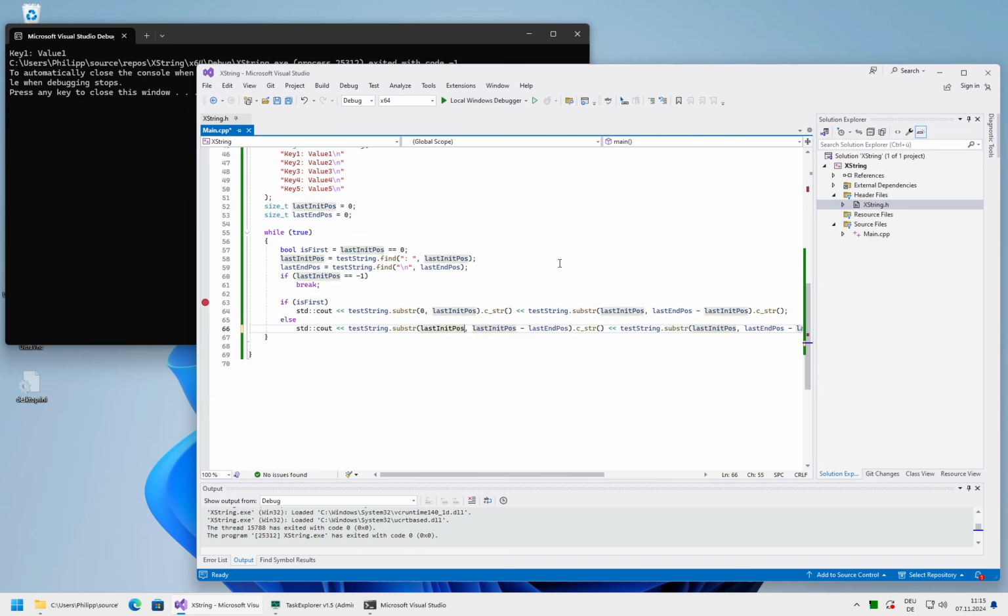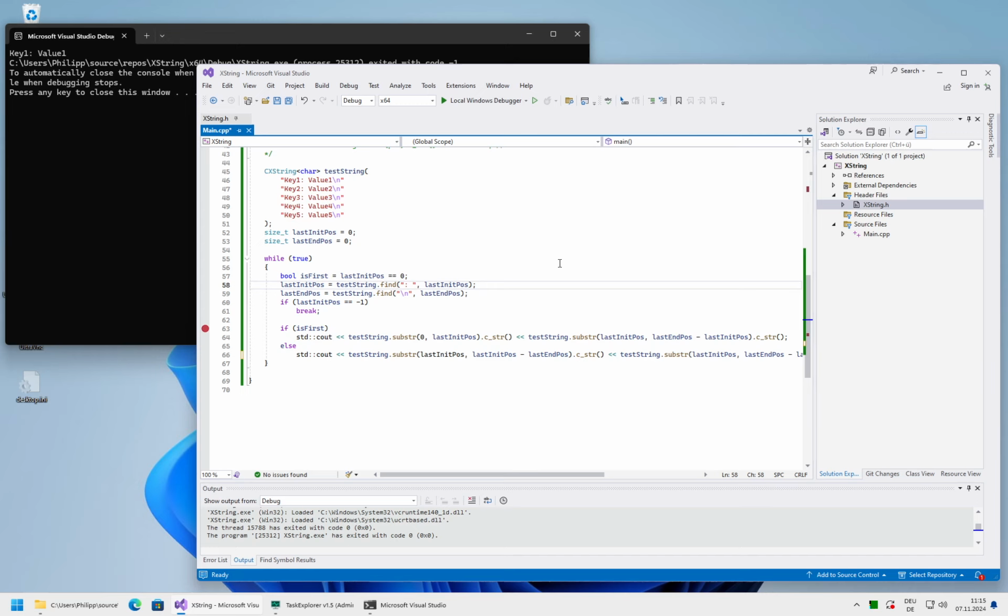Also, what is also missing is that you need to update the first int pos at some point. Otherwise, well, it's updated with the position of the double point. So if you repeat the loop, you will find the same index.